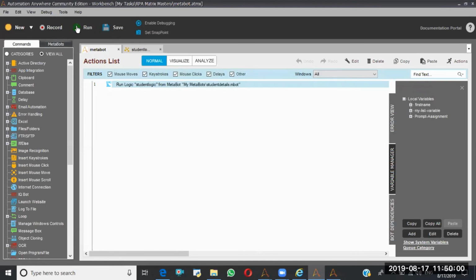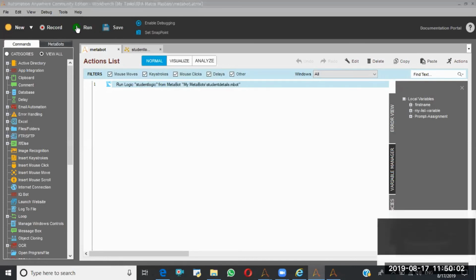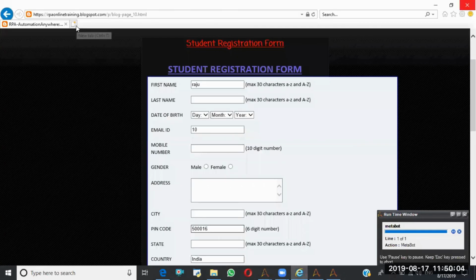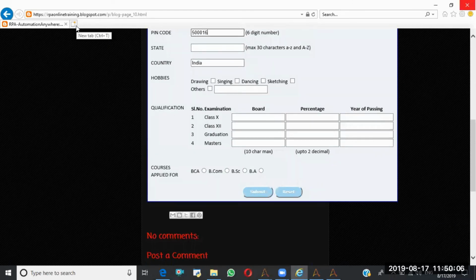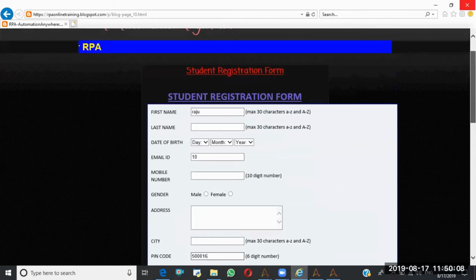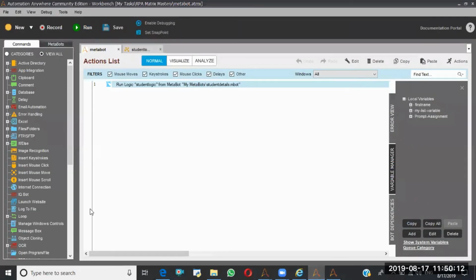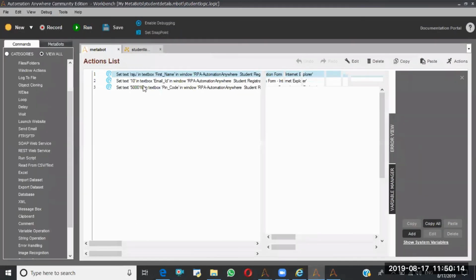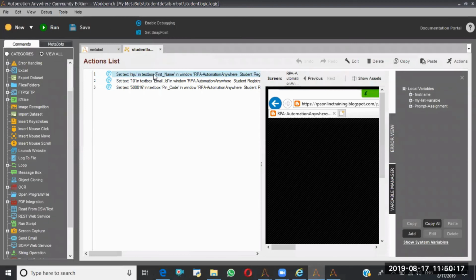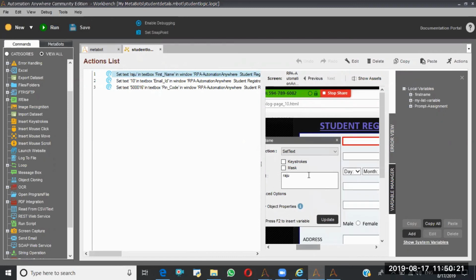Now I am going to run this. Has it updated? No. Why it is not updated is because here I made a mistake. Let me go here in this logic. Here I forgot to update this one. Here I have to give the variable, right?